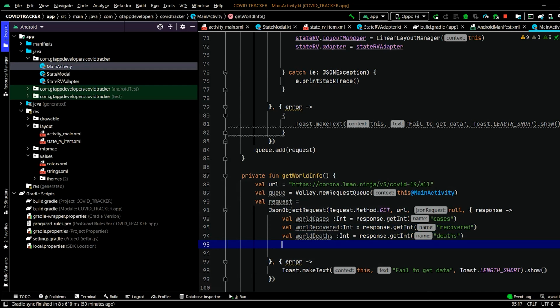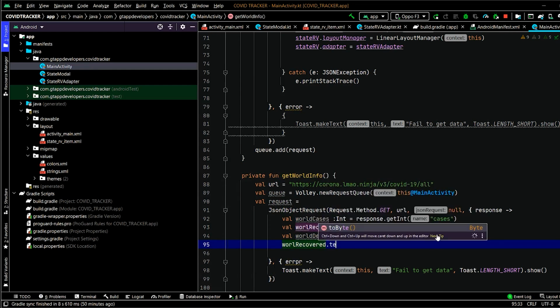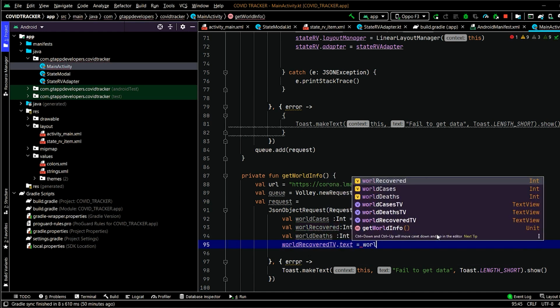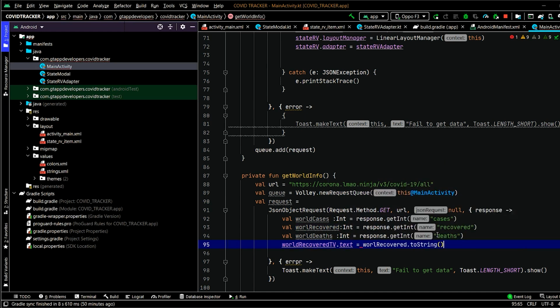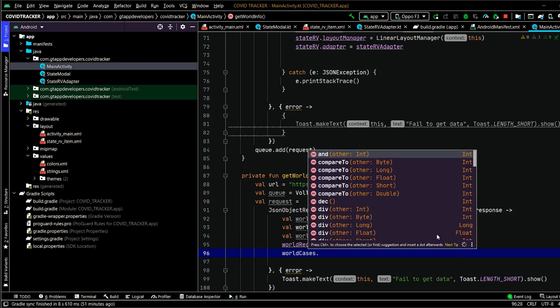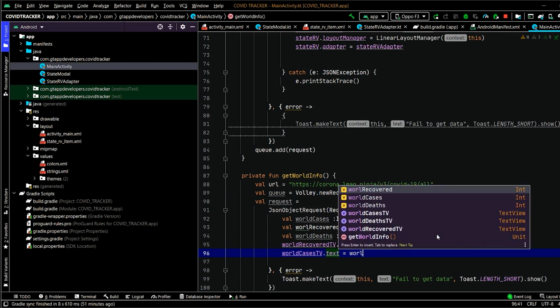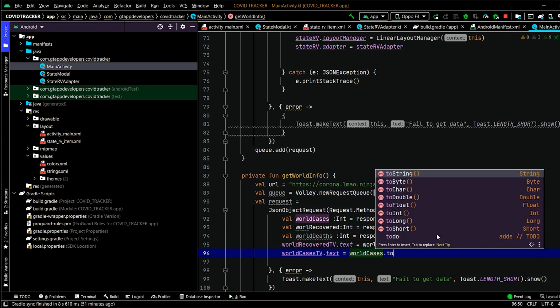Now we will set this data to our text view. World recovered dot text, world recovered dot toString. Similarly, world cases tv dot text, world cases dot toString.